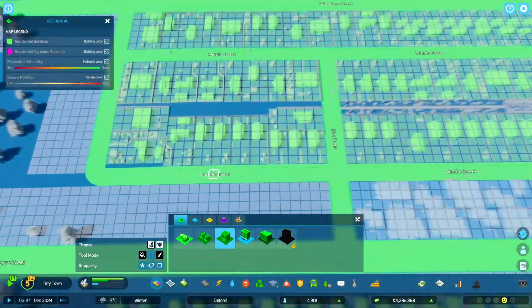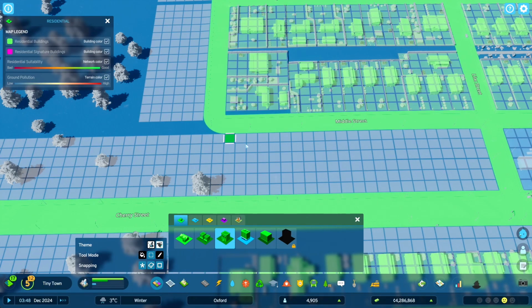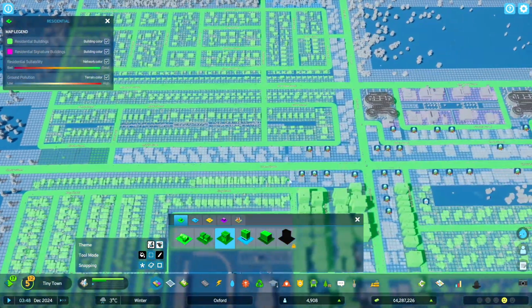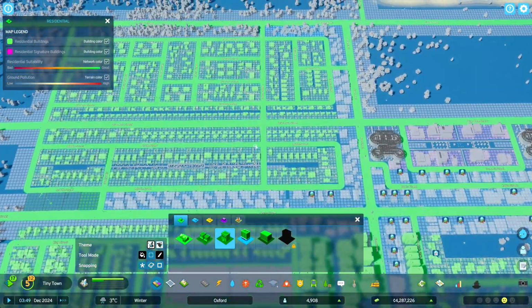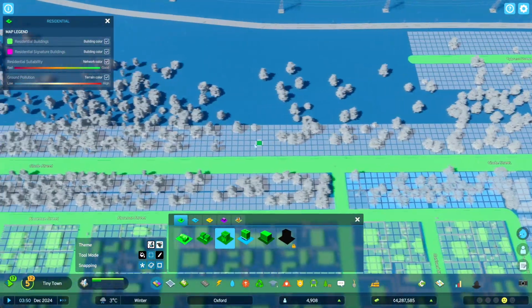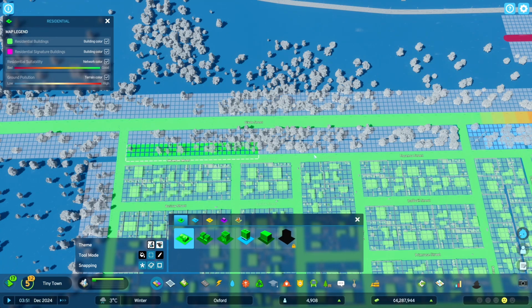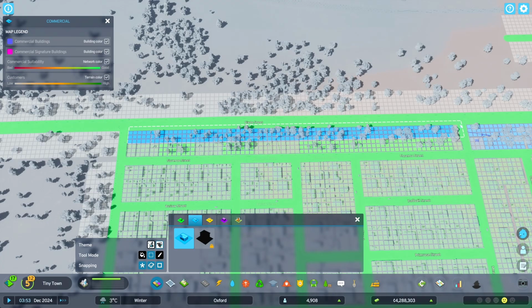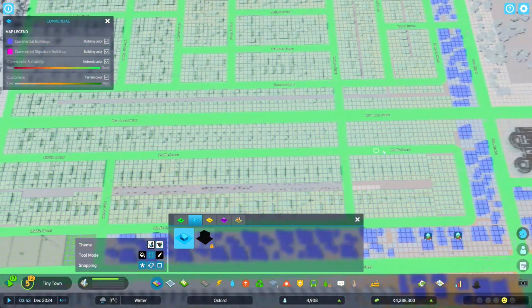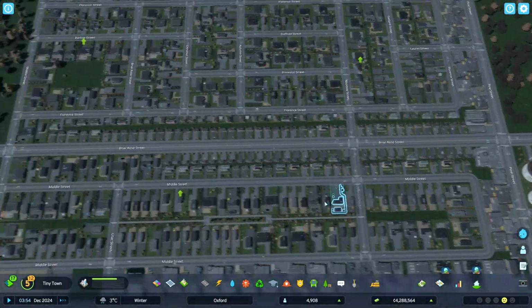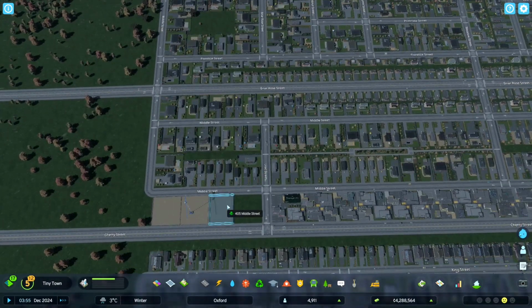Could maybe actually fit some medium here. That's actually the perfect size to then have quite a large medium density building going. And I won't put any residential against the main road, but we can put the commercial there instead. Gives that spawn nicely.